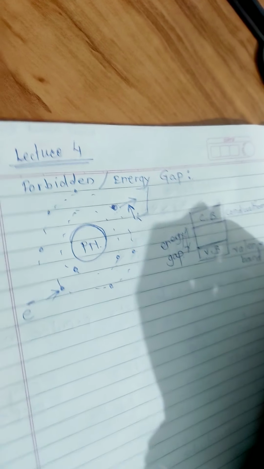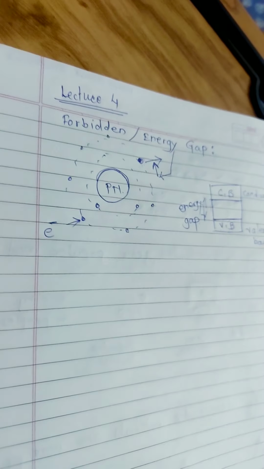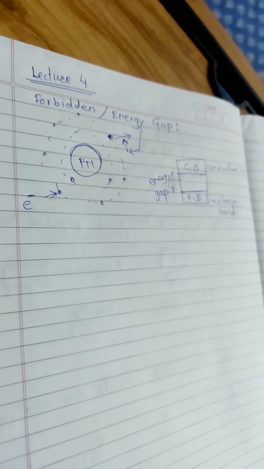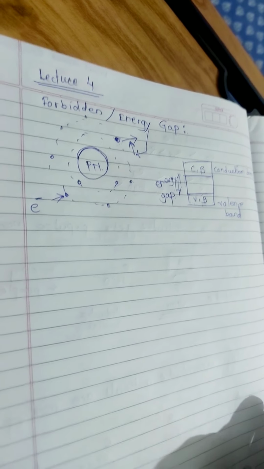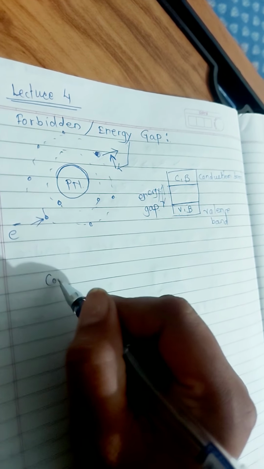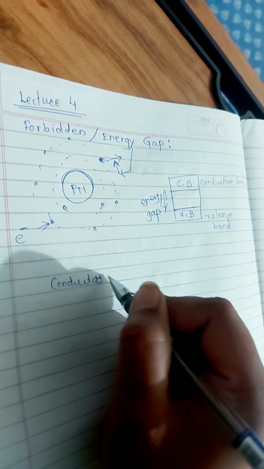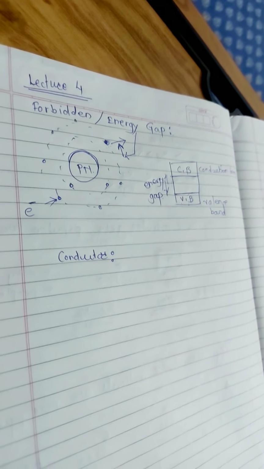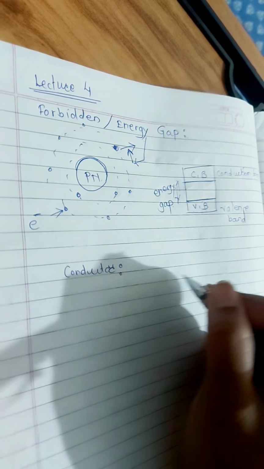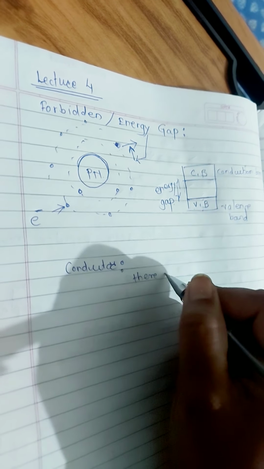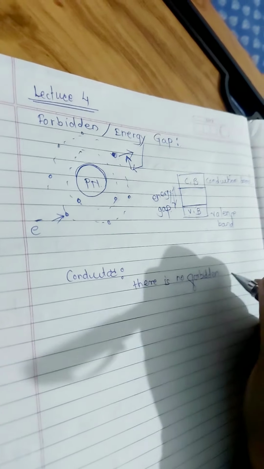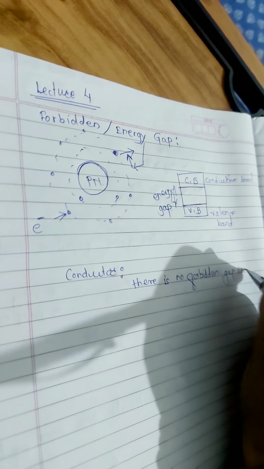Okay, so the insulator, the conductor and the semiconductors have energy gaps. We will see how much energy gap they have. First of all we will see the conductor. As I said, conductors have more electrons, because they allow the electrons to flow. So in a conductor there is no forbidden gap present,